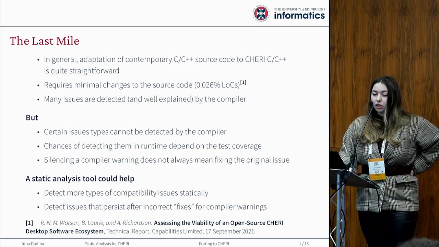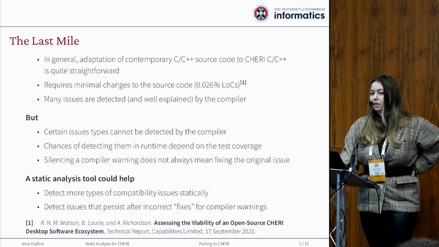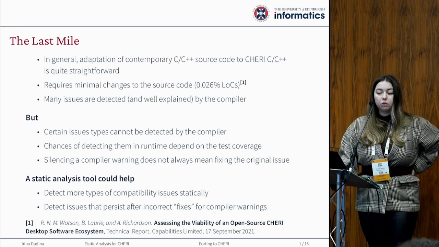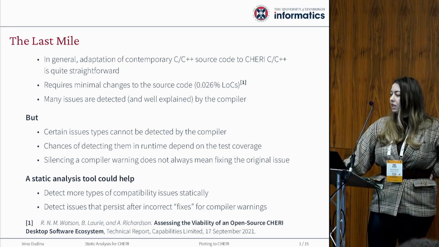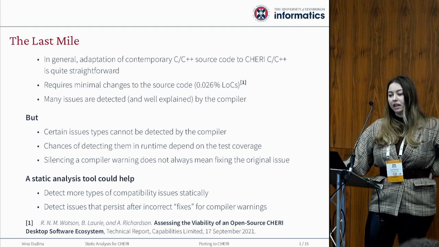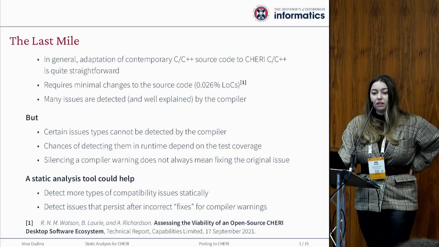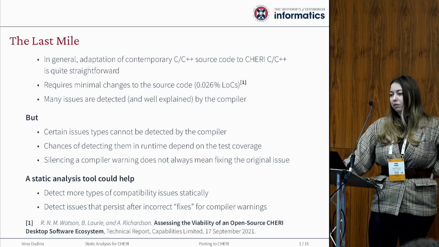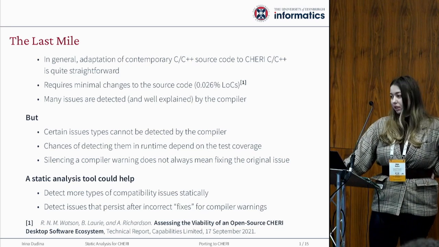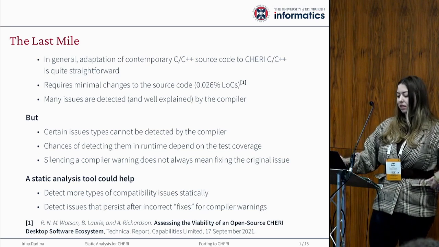One other, not obvious, benefit comes from the fact that developers, when fixing compiler warnings, sometimes tend to come up with the quickest, easiest fix just to silence the compiler, and that doesn't necessarily mean fixing the original issue. Static analysis is not as easily baffled, so it could also detect incorrect fixes of